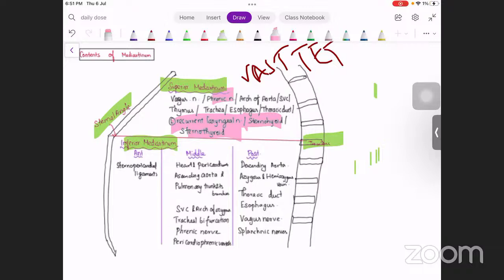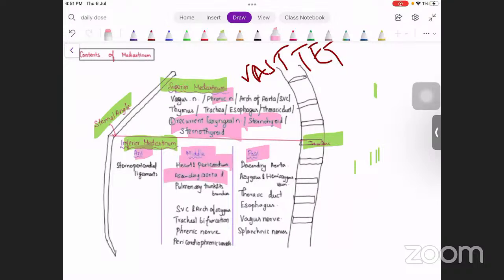Okay, then you have the inferior mediastinum. Inferior mediastinum is further divided into three regions from anterior to posterior: anterior mediastinum, middle mediastinum, and posterior mediastinum. The anterior mediastinum contains the sternopericardial ligament, and the middle mediastinum contains the heart and pericardium,